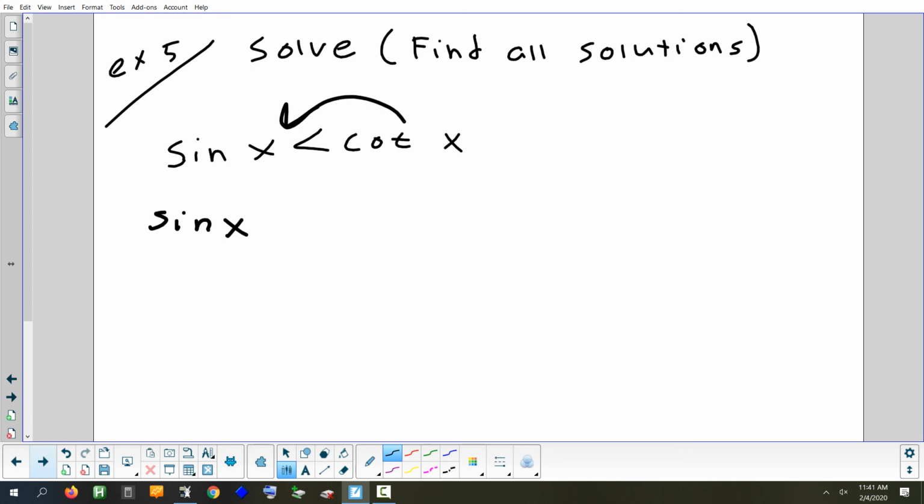Jake, how would you put the cotangent on the left? And leave 0 on the right. Swap it for negative cosine? Or